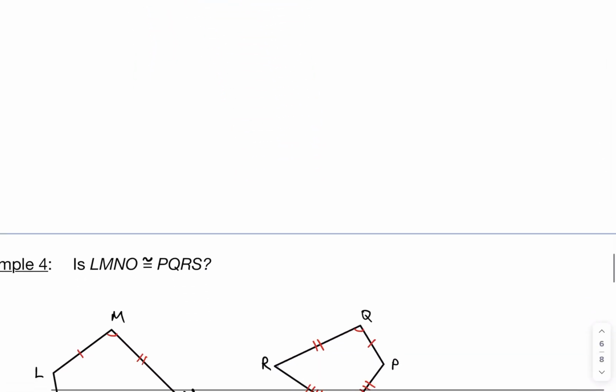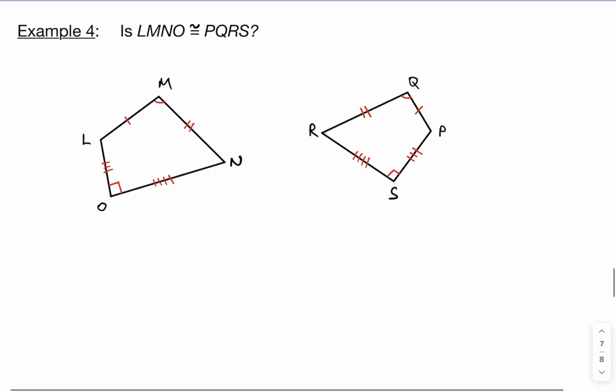And let's move on to example number 4. So now we've moved beyond the triangles, and now we have a 4-sided figure. And the question here is, is LMNO congruent to PQRS? Okay, so the way to figure this out is we're going to draw a dotted line